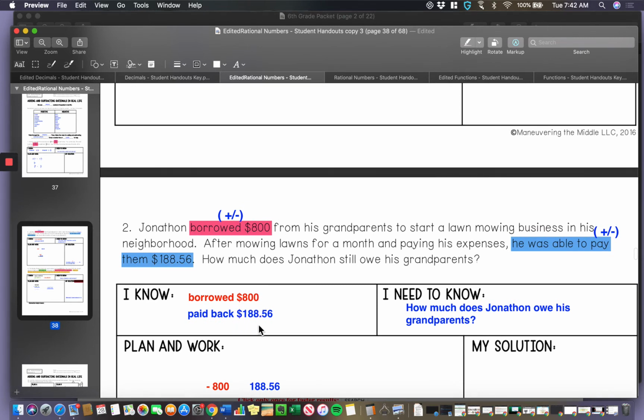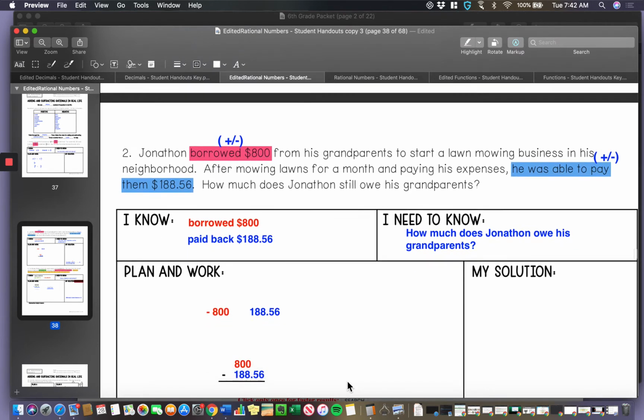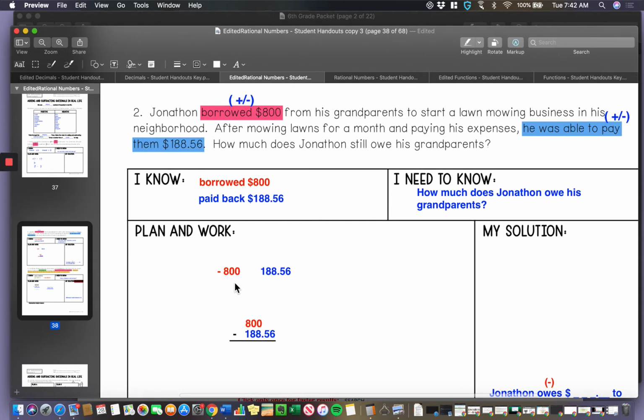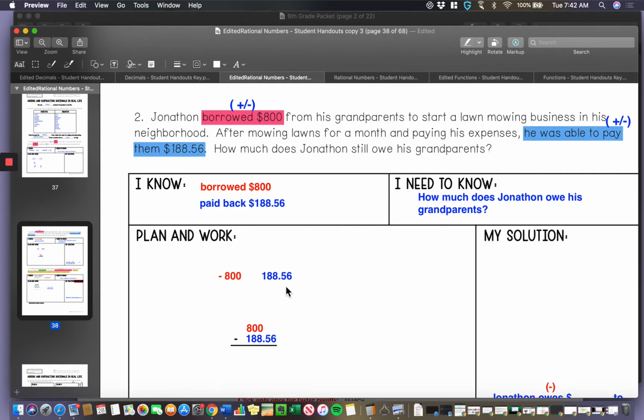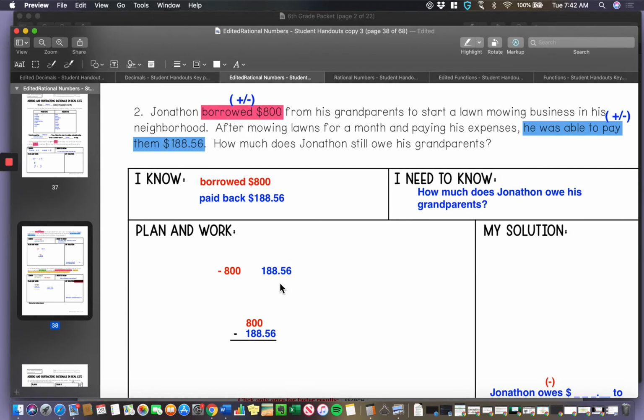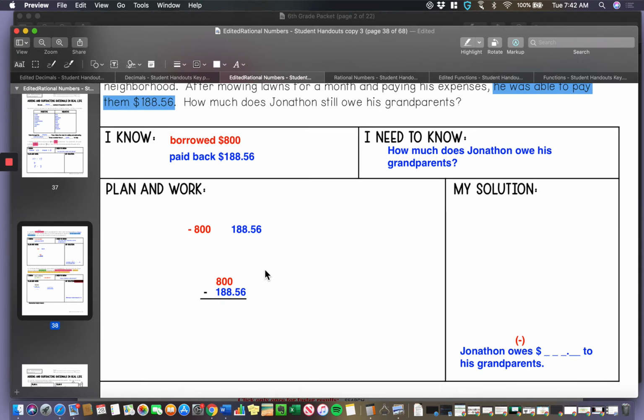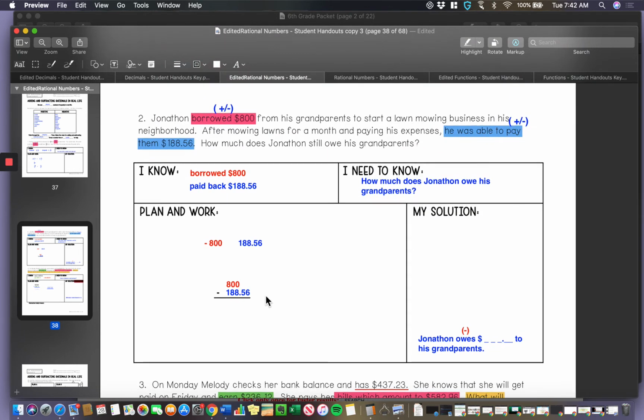And paid back, I put that in blue, so it could be a positive. So what do we need to know? We need to know how much Jonathan will owe his parents? Well, what I did here was I did negative 800 because he borrowed it, and then he added $188.56. But if you're going to follow your rules, because these have different signs, if you want to look back,